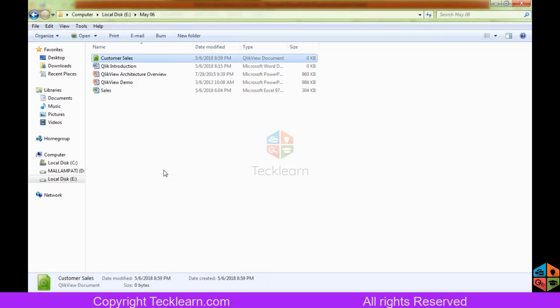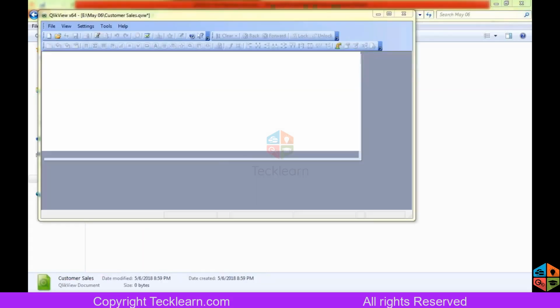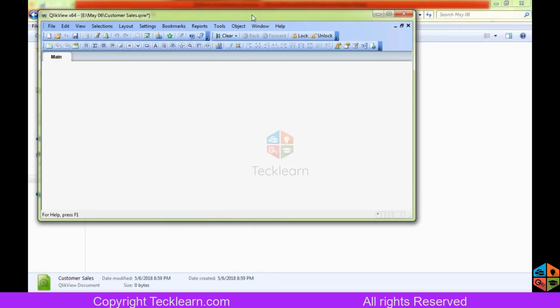Can I install QlikView for free, or do I need to take a license for that? No, you can install it for free. You can just go to the Qlik.com site, register there, and download the QlikView application.